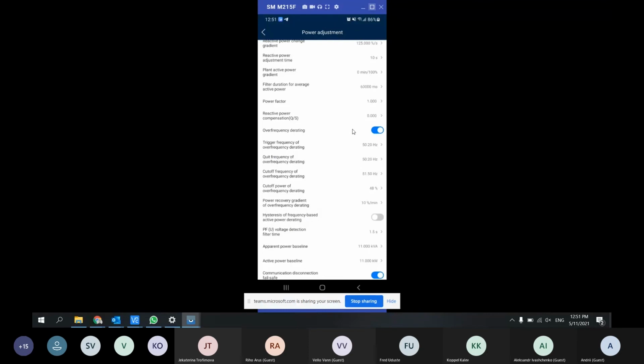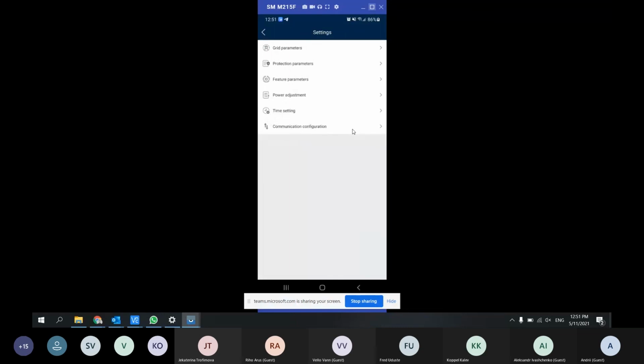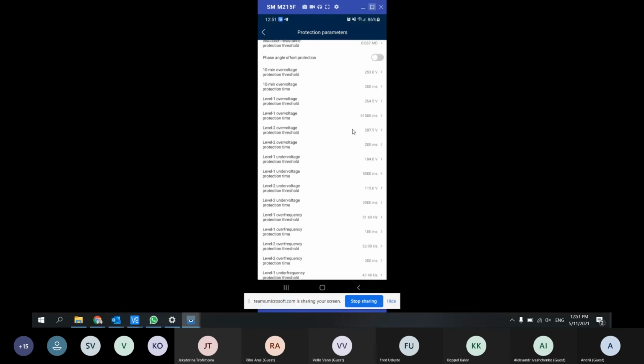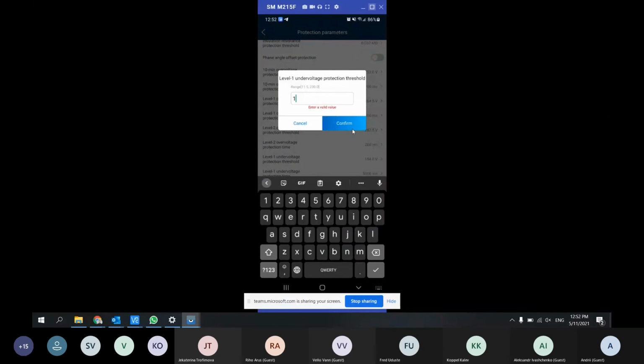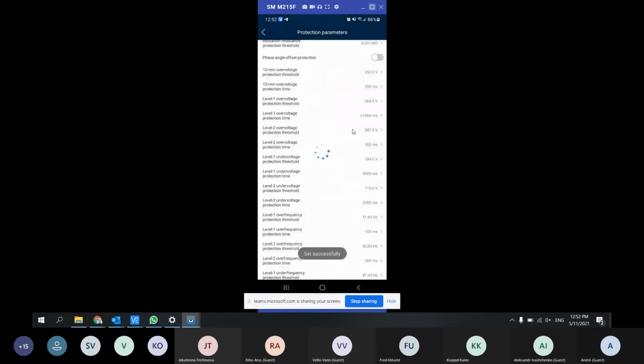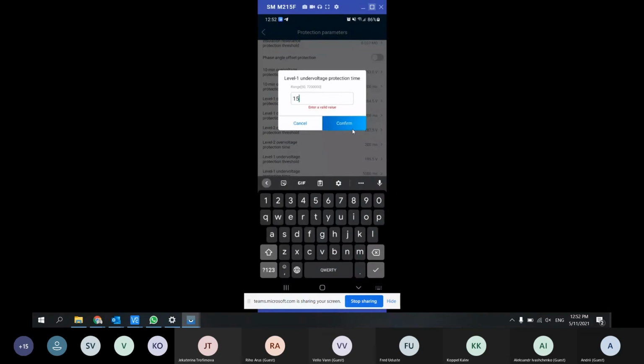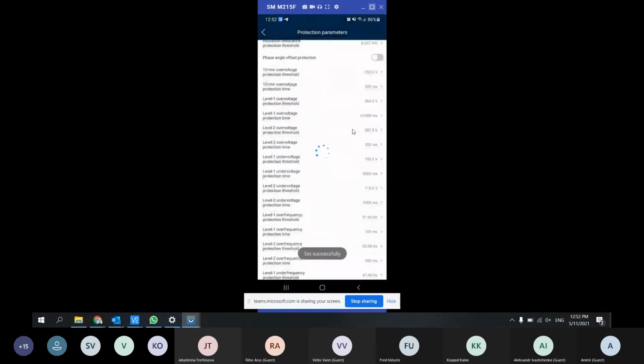So basically that is what the Estonian grid operator requires. And then you go back to protection settings and set the upper and lower voltage. So the lower voltage, level 1 under voltage, should be 189.5. Okay, and the time is 1.5 seconds. Okay, we set it.